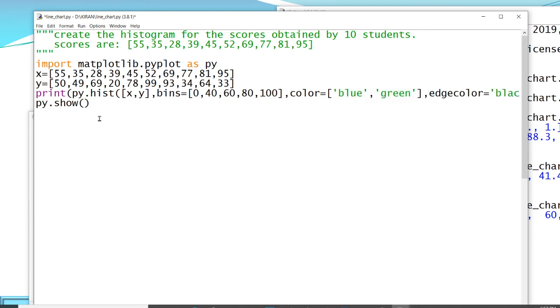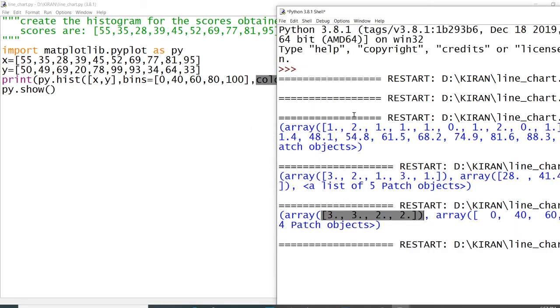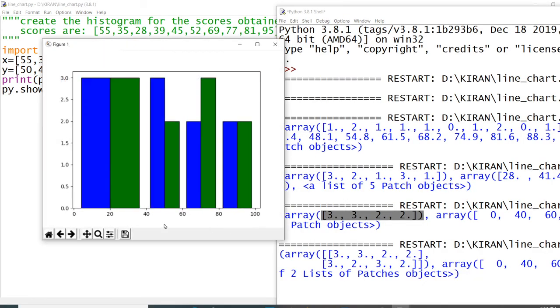So अब पैरामीटर्स क्या क्या दिए हैं मैंने? पहला पैरामीटर है it is a list consisting of two datas. After that I had given the bins. To distinguish between the two datas I had given the colors blue and green. उसके बाद edge color हमने दिया है और उसके बाद हमने show function यूज किया है। तो चलिए इसे रन करते हैं। Let's run this code. रन किया तो what you are getting is, see, blue और green कलर्स में हमें दो डाटास मिल रहे हैं।